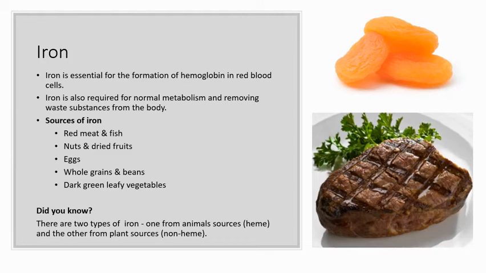Now, animal sources of iron have heme iron. It's a form of iron, and this is found in meat, poultry, and fish. It's easier for your body to absorb than non-heme iron, which is found in plant sources. Non-heme iron, though, can be more easily absorbed if it's consumed along with vitamin C. So like fruit juice, green leafy vegetables, of course, are a great way to get iron and your vitamin C.